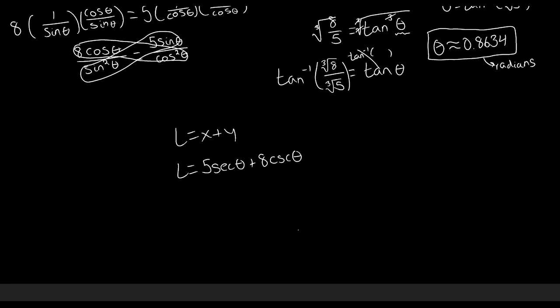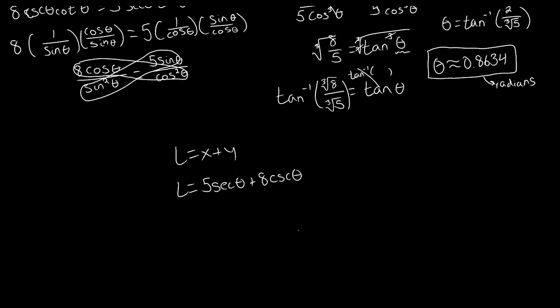Well, now we know what that theta value is. We know that's 0.8634 radians. So here we get that L is 5 times secant of 0.8634 plus 8 cosecant of